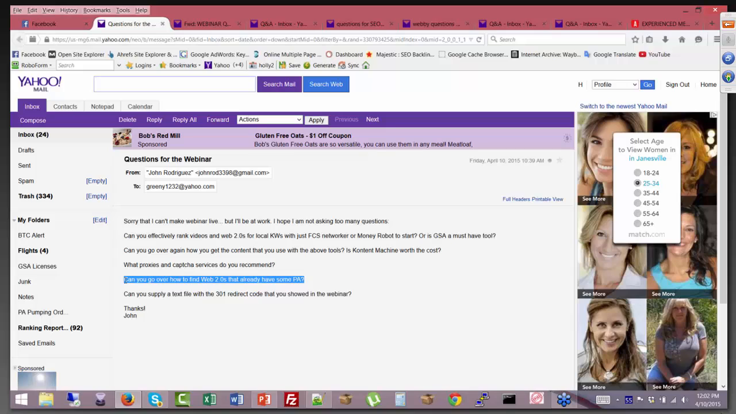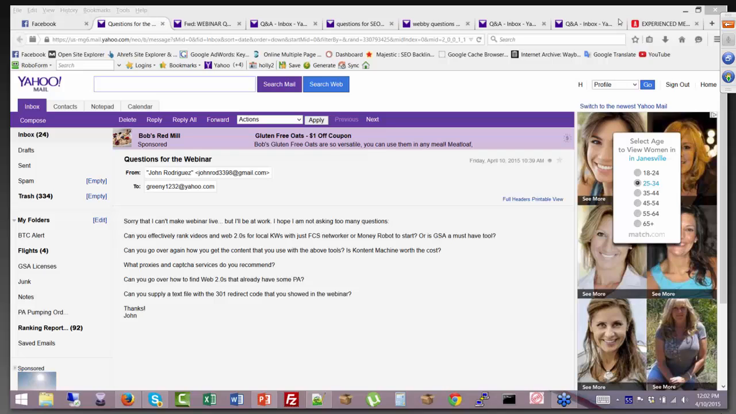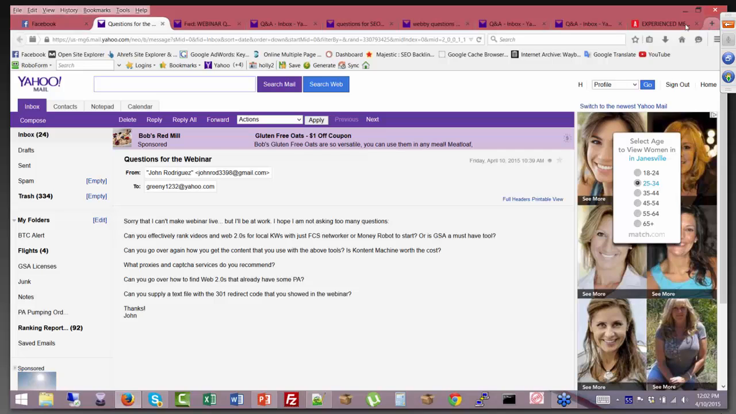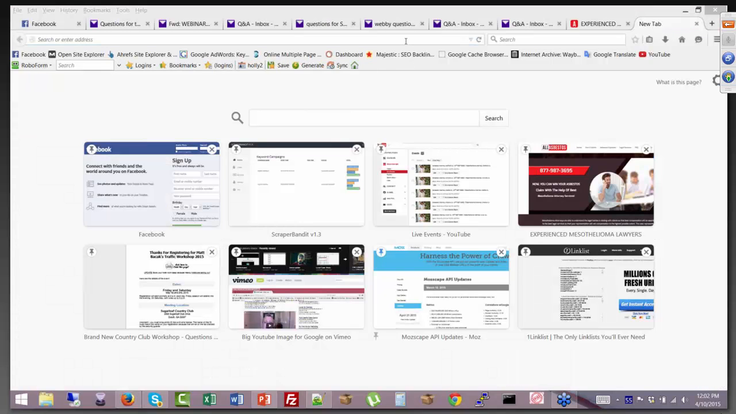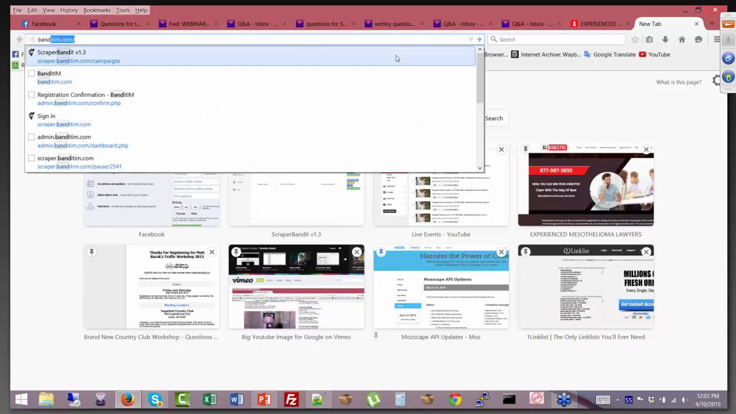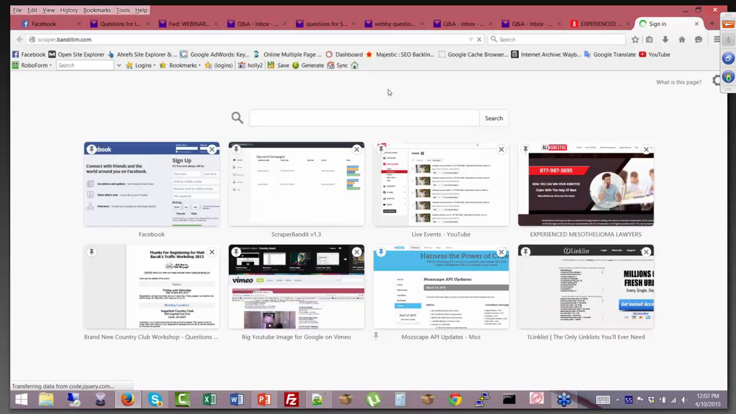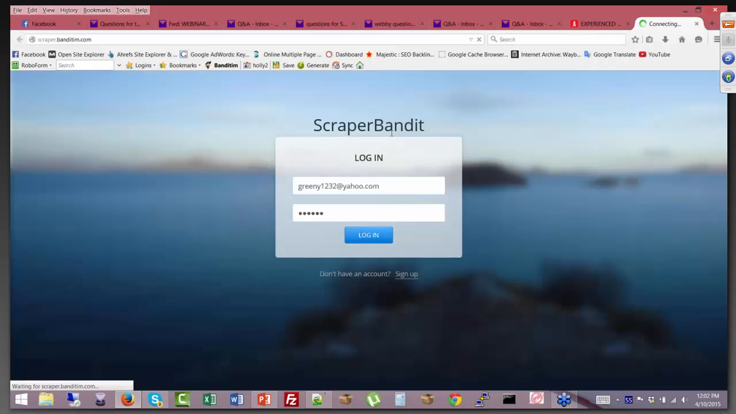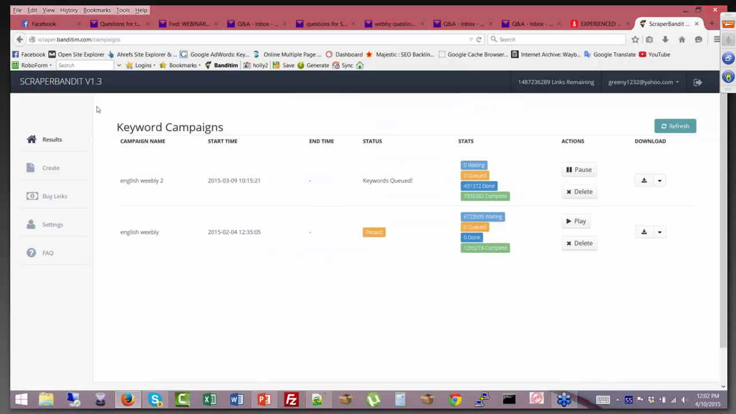The second question, the big question people are asking me, is how to go about finding Web 2.0s that already have some PA. It's really easy. You can use Scrapebox, you can use GScraper. The problem with some of that stuff is that you have to have your own proxies. So that's why I use Scraper Bandit. You can see that I'm scraping for Weebly,